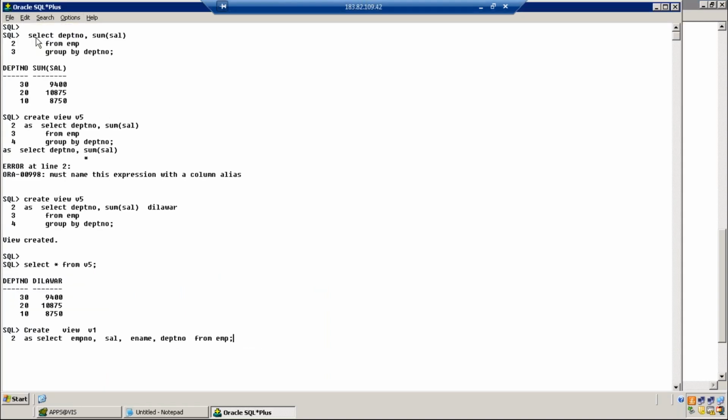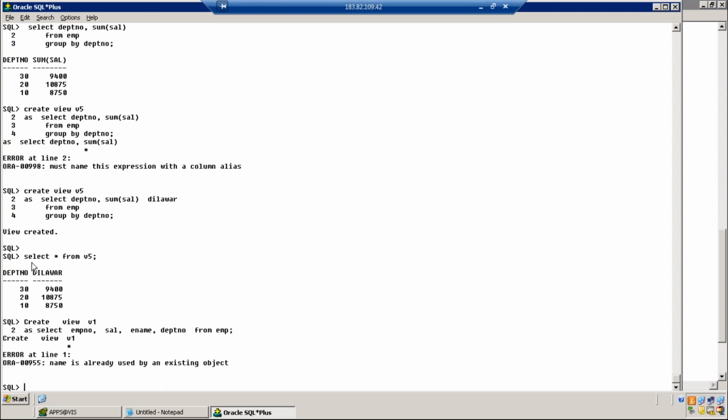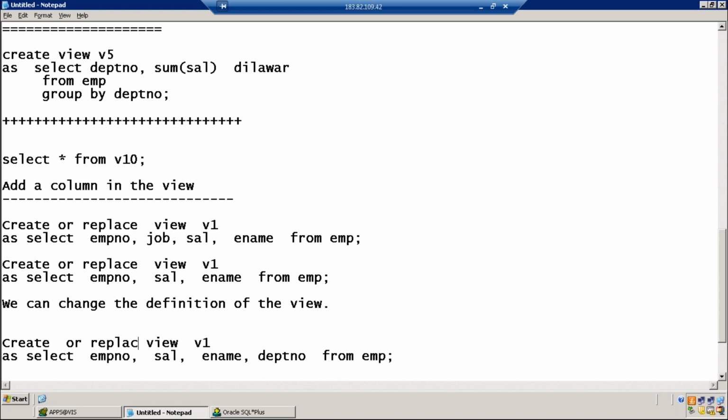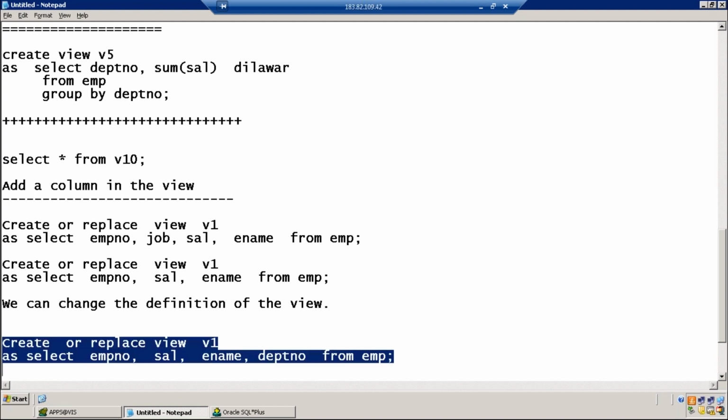The name is already used by an existing object. Already we have an object v1. So when you use create or replace, then the view will be replaced.